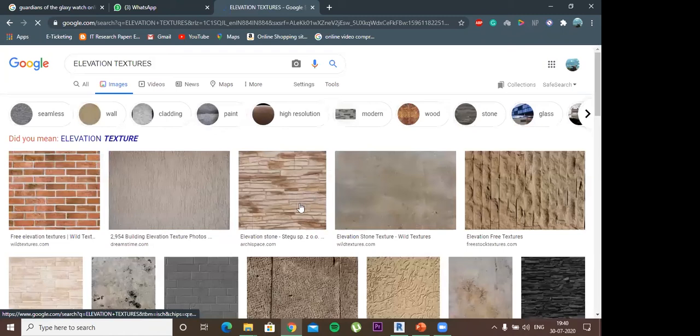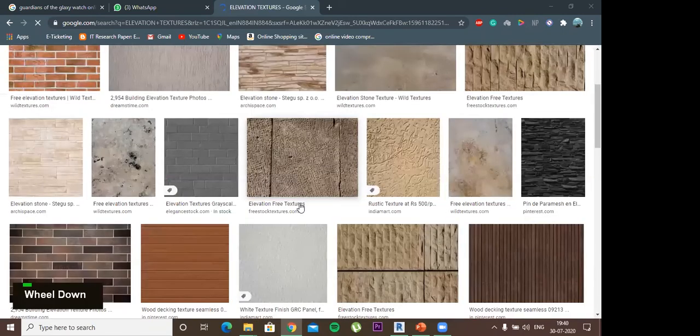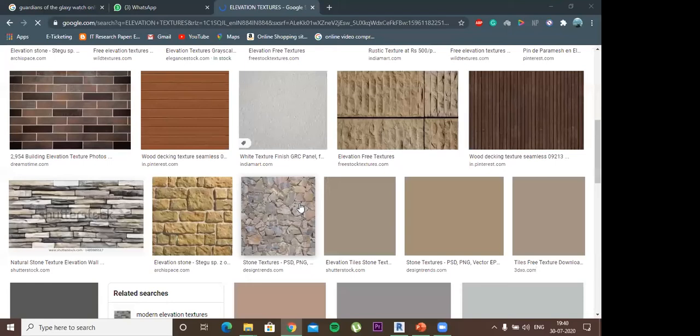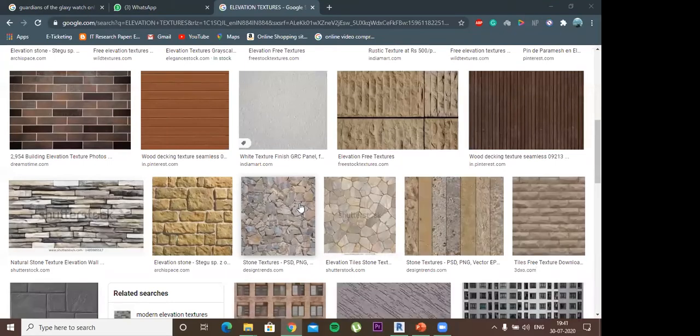So you can create your own material, attach the image of which you want it to be, and then paint all the elements in that image. You just have to keep in mind about the scaling, which I have showed you how to change, because sometimes the material here looks very good, but when you paint it, it will look very small on that wall. So you have to change the scale.